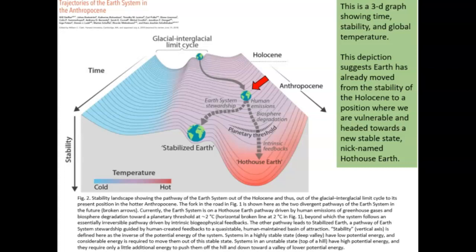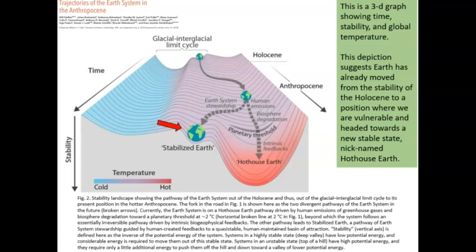From here, we have two directions we can go. If we keep on going like we're doing now, the RCP 8.5 pathway, we'll likely hit a planetary threshold where we plunge into a hothouse Earth climate. Climate scientists estimate that we will be very near this threshold when we warm the atmosphere by about 2 degrees Celsius above pre-industrial levels. Scientists further warn that at or near 2 degrees Celsius, we may hit tipping points in Earth systems where we trigger runaway positive feedback cycles that cause escalation of climate change beyond our control. As I mentioned earlier, we are already at 1.1 degrees Celsius above those pre-industrial levels here in the year 2020.